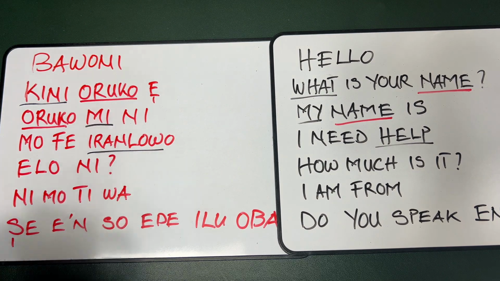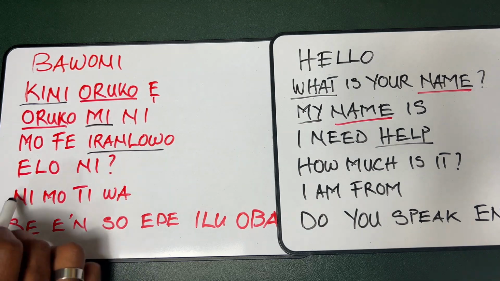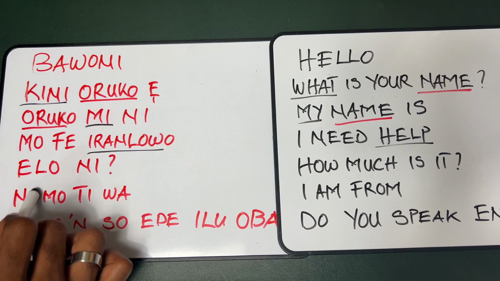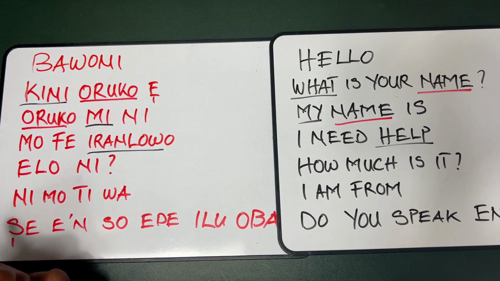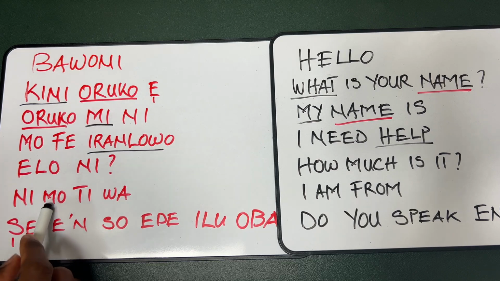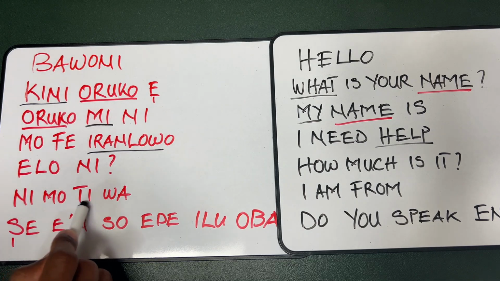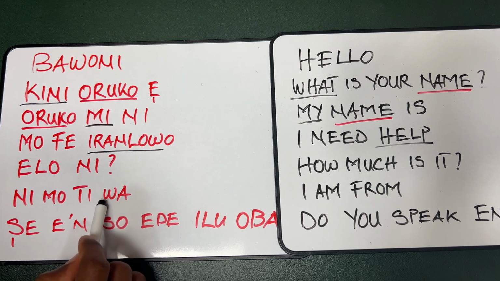The ni is I am. So to be, the verb to be is the ni. So I am from. So this is come